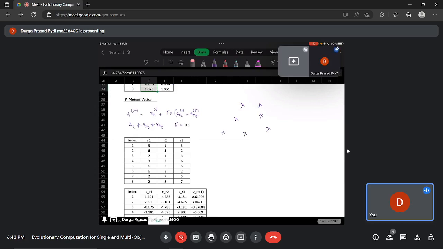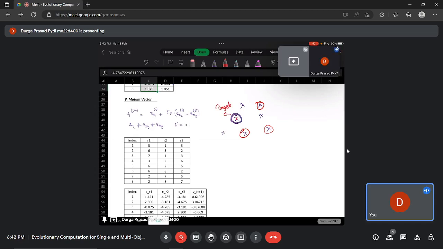Say I'm picking these 3, and we calculate a mutant vector. What we do with the mutant vector is add it to the previous solution. For the particular solution you want to change, we call this the target,